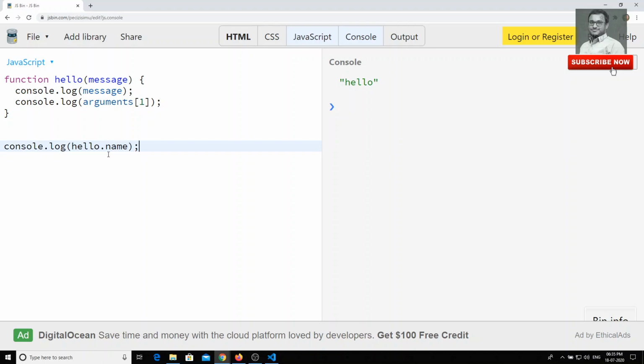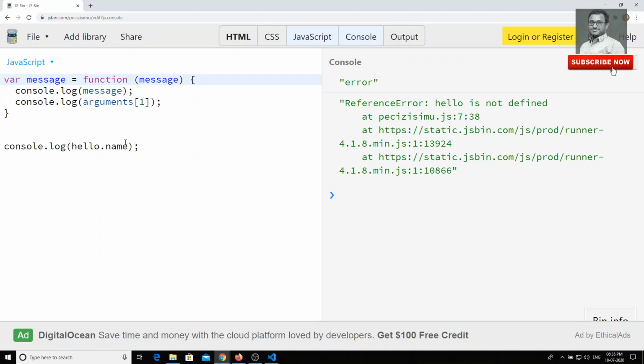This will be very useful when we are dealing with dynamic functions. When functions are created dynamically, you don't know the name of the function, you have only the variable, and in those scenarios it will be very useful. Now you can have a variable message equal to a function. This is an anonymous function. Now let's see what the output could be.